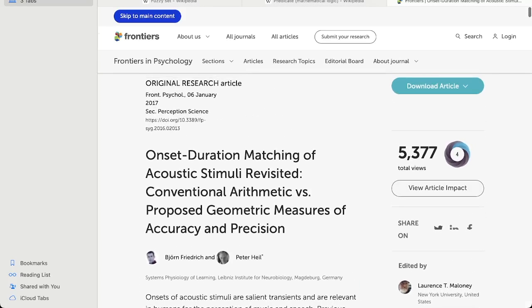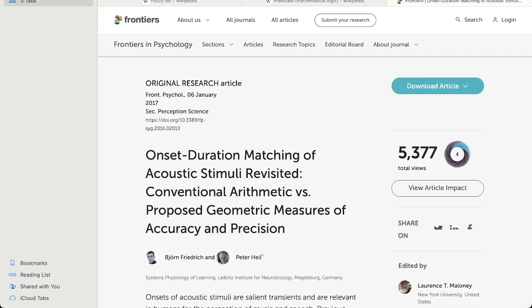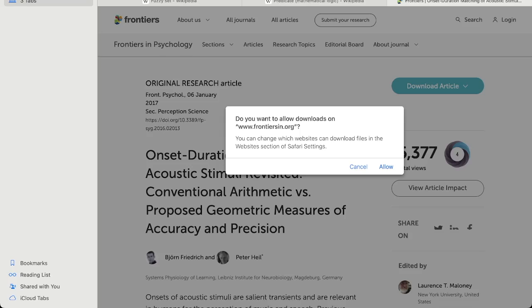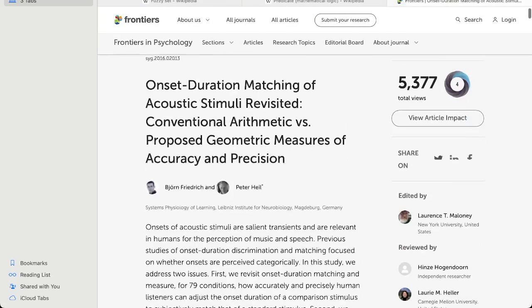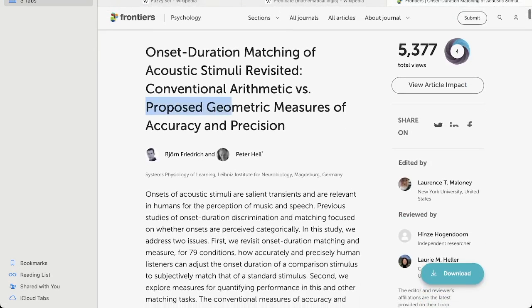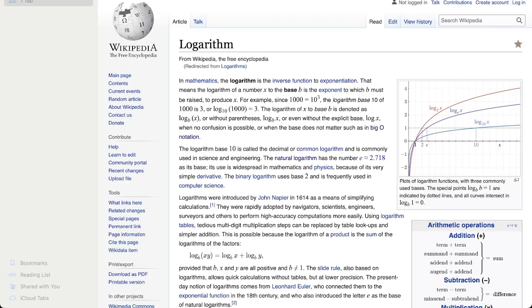Proposed geometric measures of accuracy and precision, which again, for this application I was using in the neuropsychology of testing the relation between the logarithmic distribution and tangent on a flat plane for the wall and how it bounces. So again, as a preliminary, going back to logarithm, and that's where it goes. So to explain a little bit better at the end of this video, right now I'm going to say how